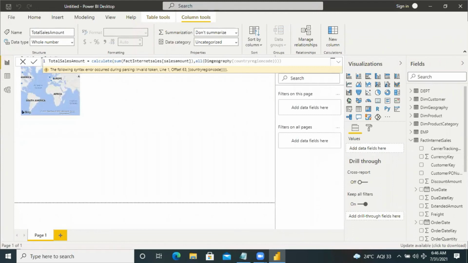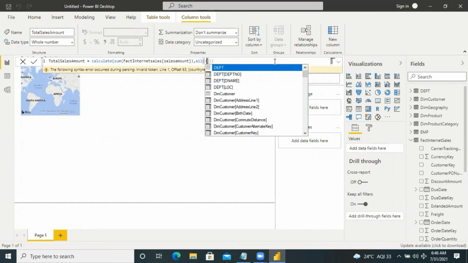Check the column here. Column name is invalid, it's showing. We'll see. DimGeography.